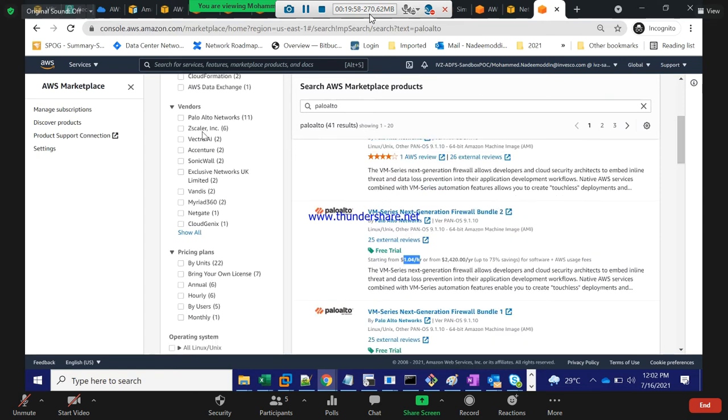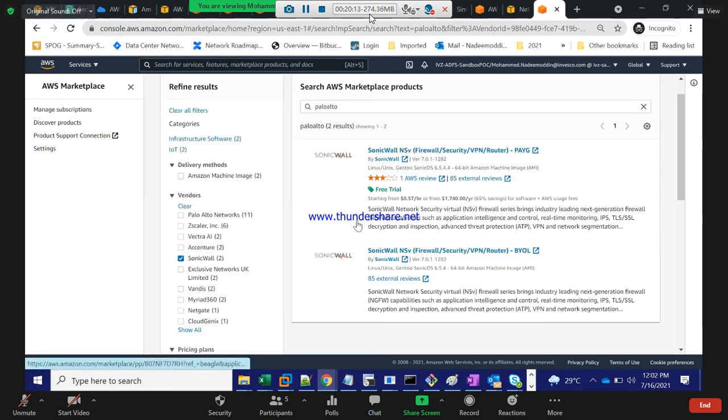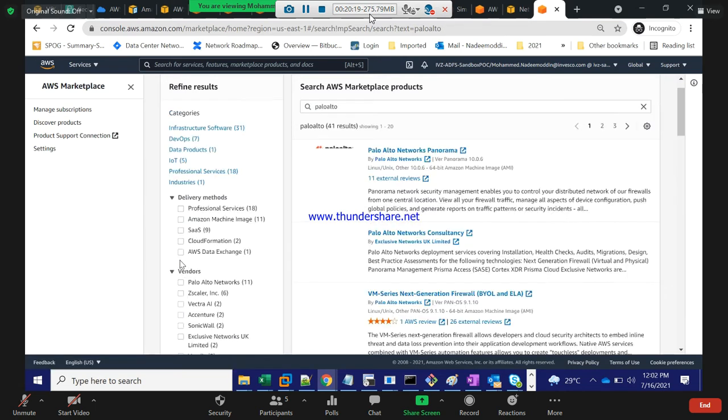And on the left side, can you see more vendors: Zscaler, Accenture, SonicWall. These are the firewall vendors. Let's say you want SonicWall, you just click here, and the SonicWall image will come here, right? So you need to subscribe to this image first. When you subscribe, it will be charged. And what you can do is, while creating the instance,